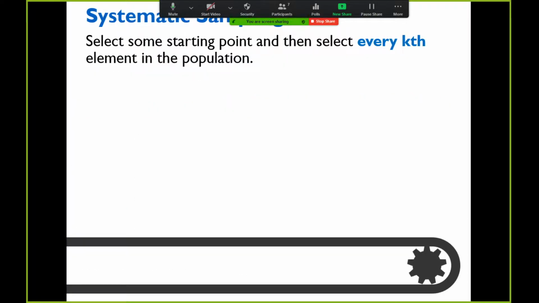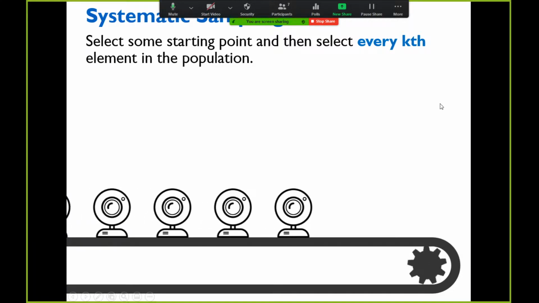Systematic is a little bit tougher. It's not too tough. Systematic sampling is where you select some starting point and then you select every kth element in this population. And that kth is just like a number, right? So for example, let's say you have